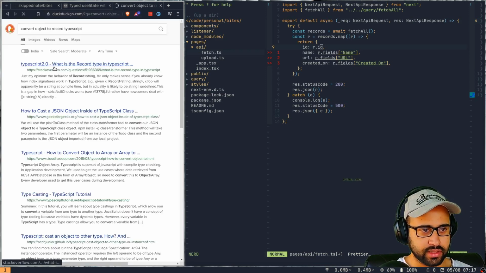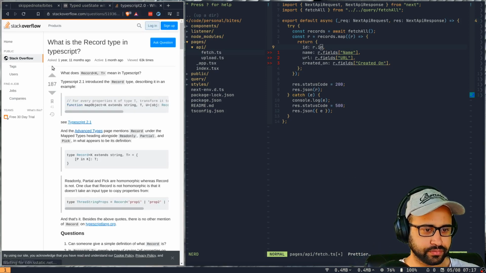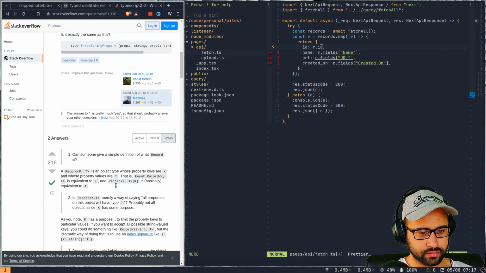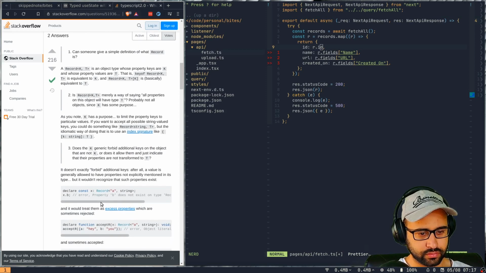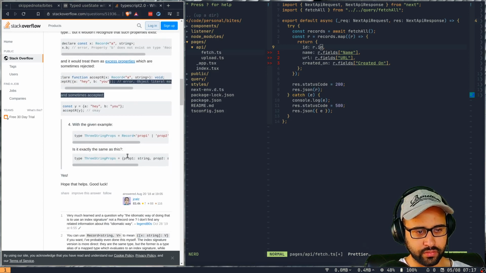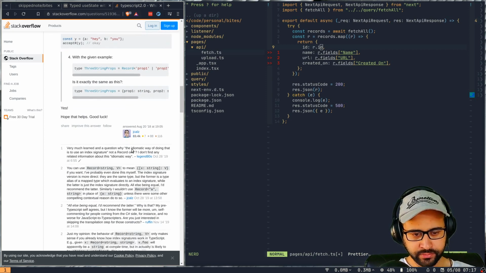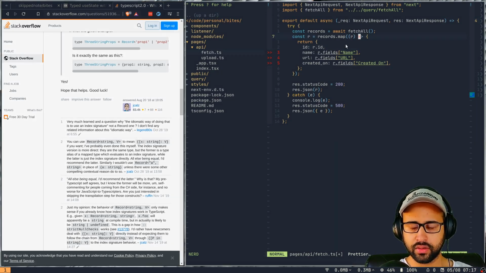So let's try converting it into an object first of all. I think it won't be straightforward converting an object because the value isn't consistent, or actually it is.